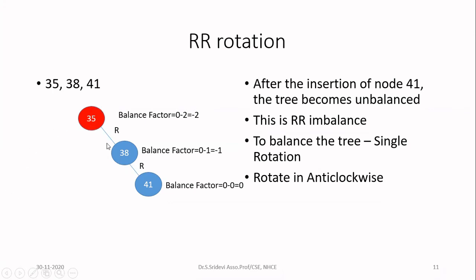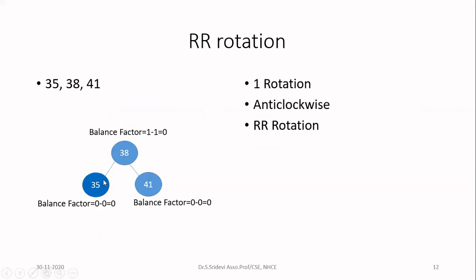When I do that, 35 will be coming down and 38 will move up. Similarly, 41 will also move up. You pull that, and only one element is coming down. So how will the tree be now? I pulled 35 down. Because of that, 38 moved up. Similarly, 41 also moved up. So now this is my new tree after the rotation is over.